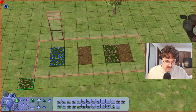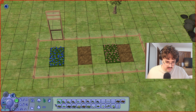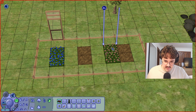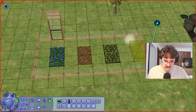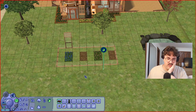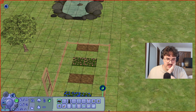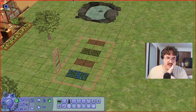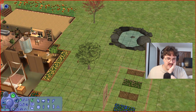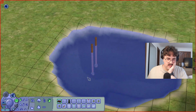I feel like I've done something wrong here. What have I done? Oh my god, no, don't flatten the whole terrain. Yeah, I've messed this up. Okay. All right, that's better. And then we can plant some other stuff there too, potentially. All right, nice. This is looking pretty good. All right, perfect. And then I think we need to start doing some of the detailing in...